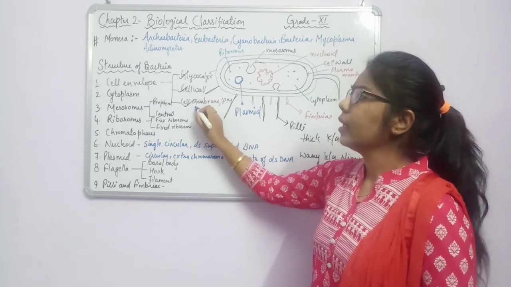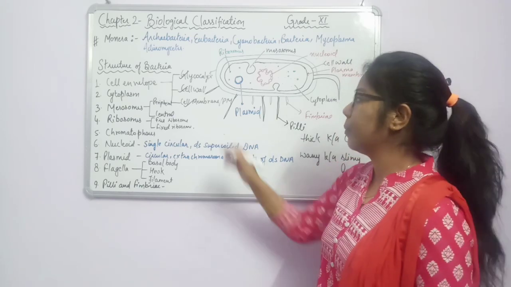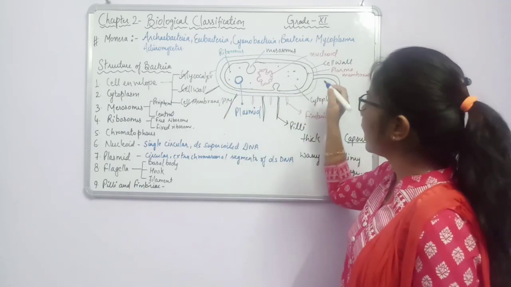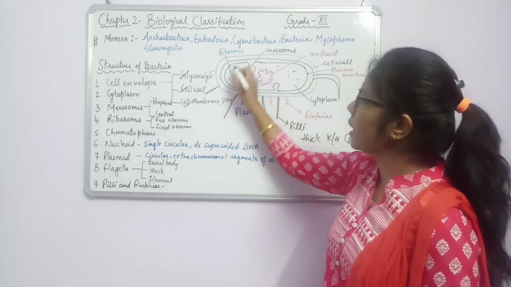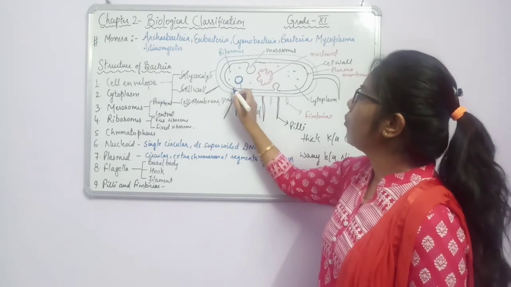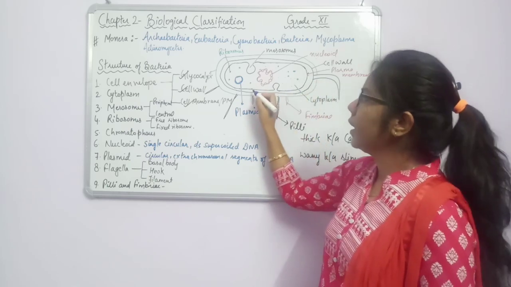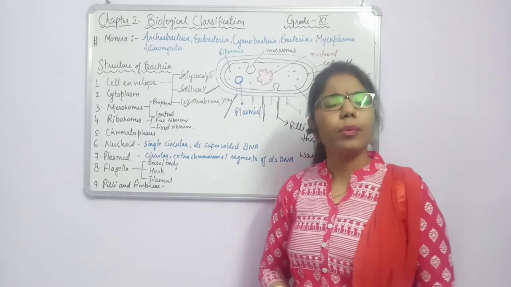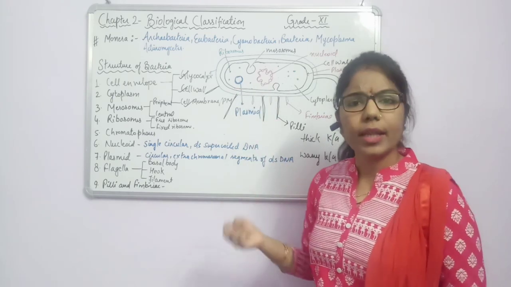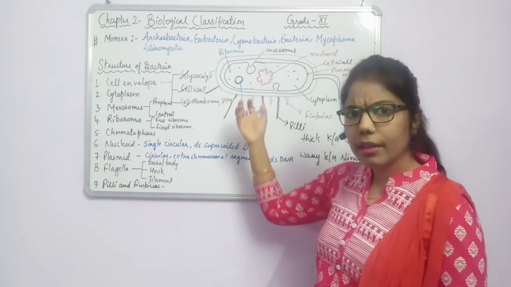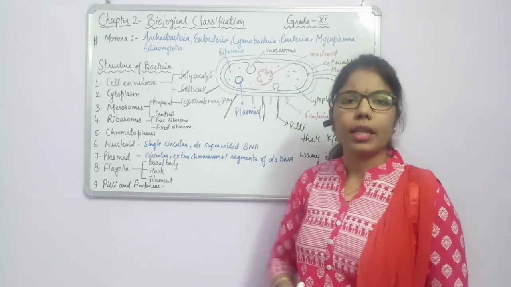Now another thing, the cell membrane or plasma membrane. Whether it is prokaryotic or eukaryotic, plasma membrane is present. Here I have mentioned the outer one is glycocalyx, the inner one is the cell wall, and inner to the cell wall, what is there? Plasma membrane. So the innermost layer we are watching here is the plasma membrane. What is the role of plasma membrane? It acts as a helpful membrane for respiration. We know that this bacterial cell is living, so it needs some respiration system. It will be done with the help of this plasma membrane.